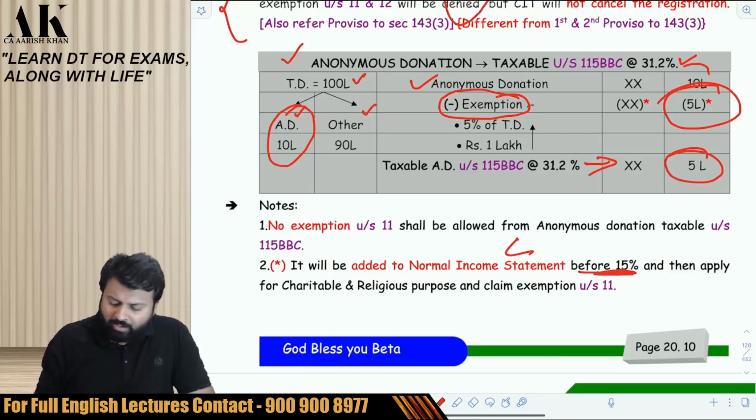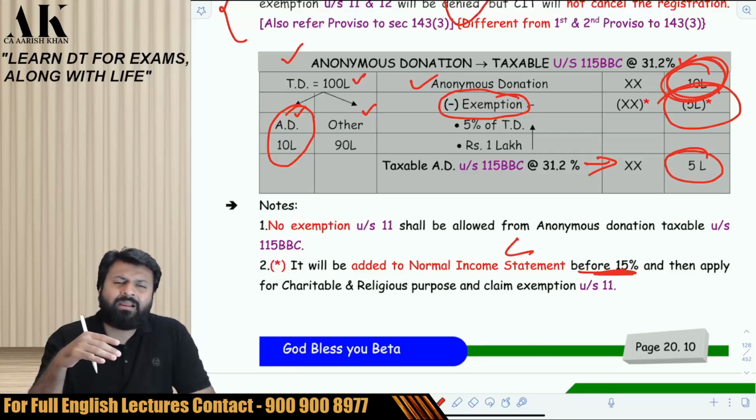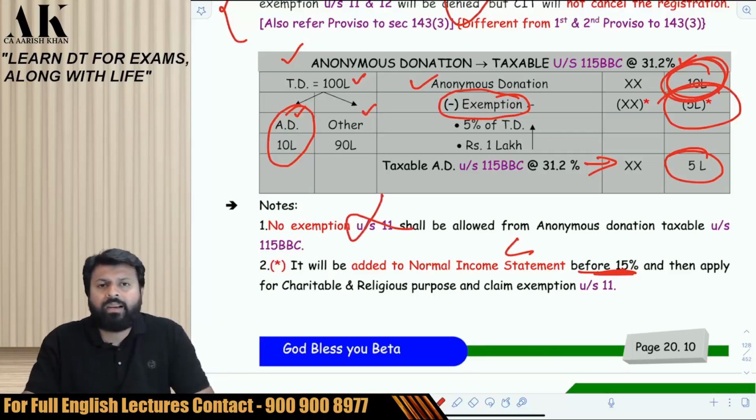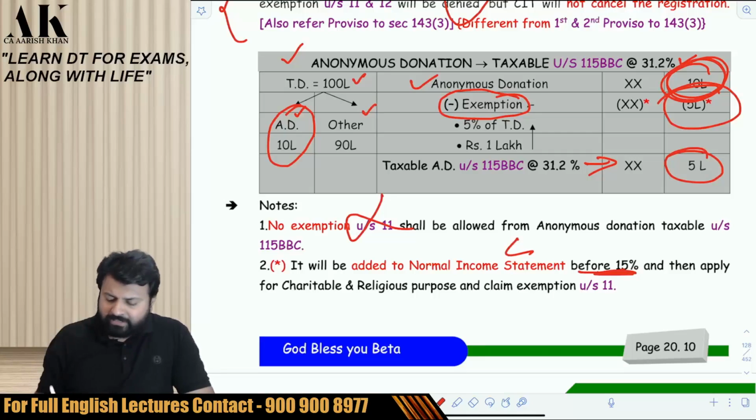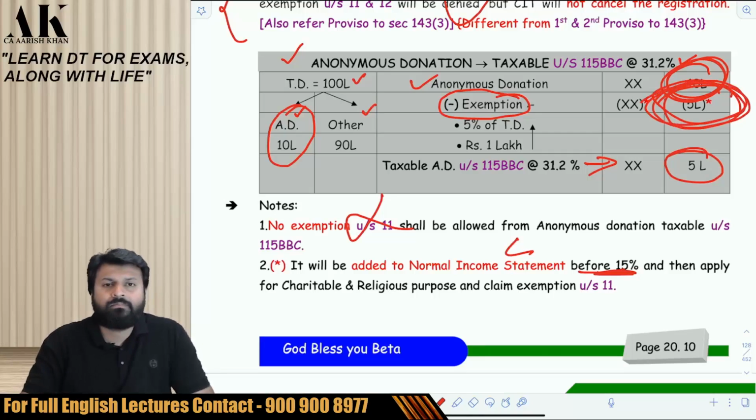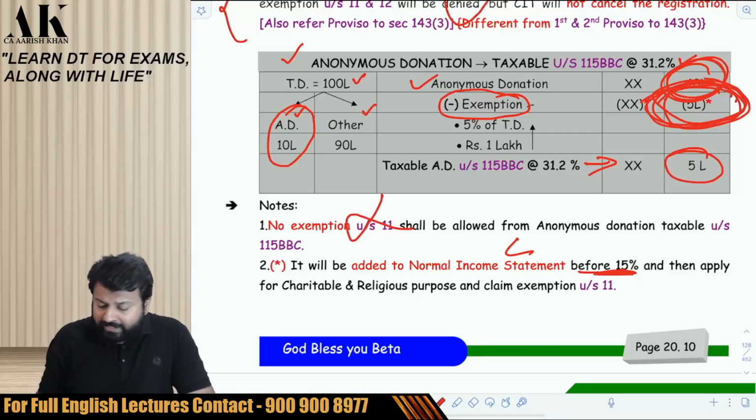Now, sir, this anonymous donation, can I generally apply under section 11 and 12 and can I claim exemption under 11 and 12? Not allowed. It is not allowed. There is only one exemption which is allowed for it. That is this one. That is only this one. And whatever is getting exempted over here,